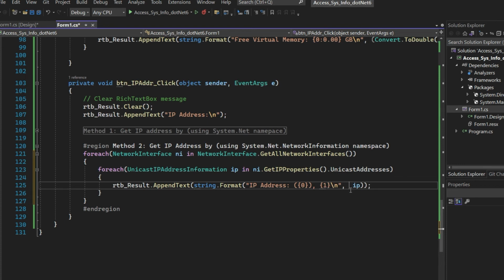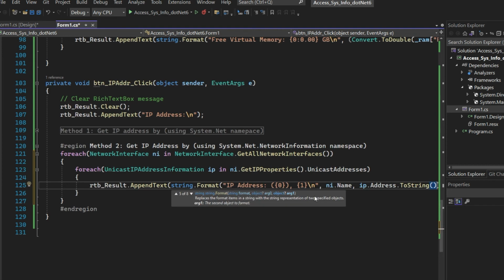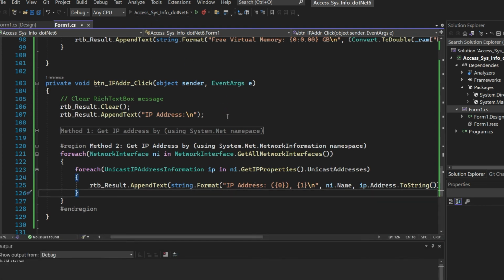The first parameter, the curly braces 0, is the network interface name, and the second parameter, the curly braces 1, is the IP address. We use ip.Address.ToString to return a string. Okay, let's run this application.